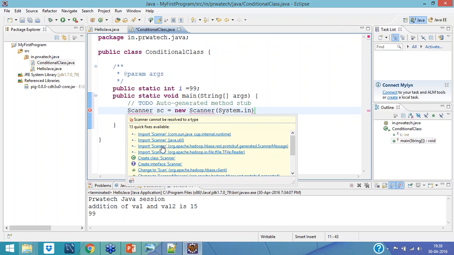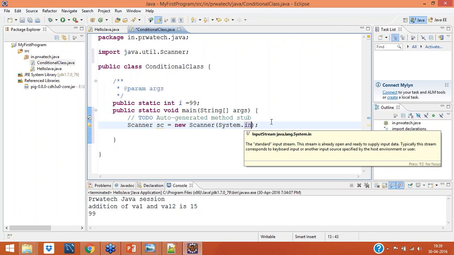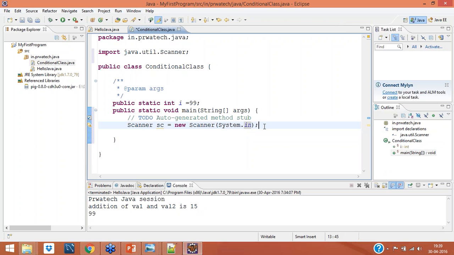See, there is a Hadoop HBase scanner also there. This location there is a scanner also, this location there is another scanner. Which one you want to use? I just want to use java.util. Java.util is an existing thing, present for our application. So I'll import this. See, it's got imported. And this is my System.in. I have told about System.out. System.in means it will take input, and what input I take, it will display here.